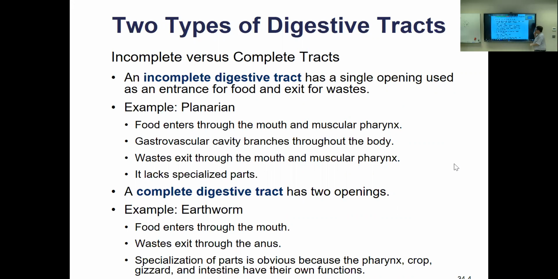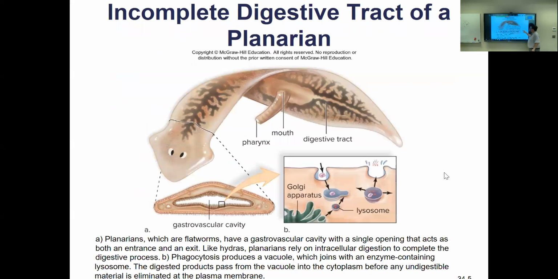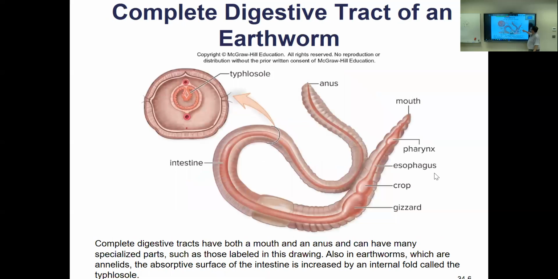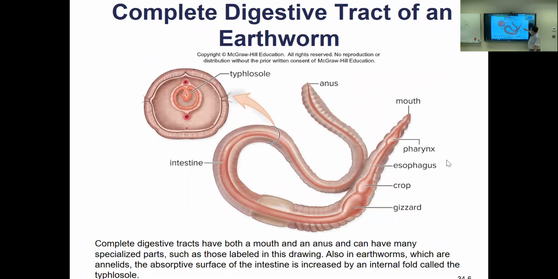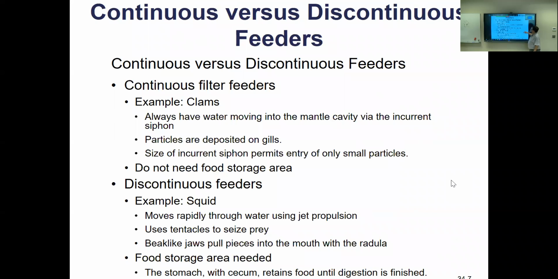And then of course we're going to use the earthworm here, which has a complete digestive tract, a tube within a tube, complete with mouth and anus. There's our good example of our earthworm. Here is our planaria with this one big internal body cavity with a digestive tract in here, with one opening, no separate anus. Pretty wild. Earthworm there: esophagus, crop, gizzard, etc.